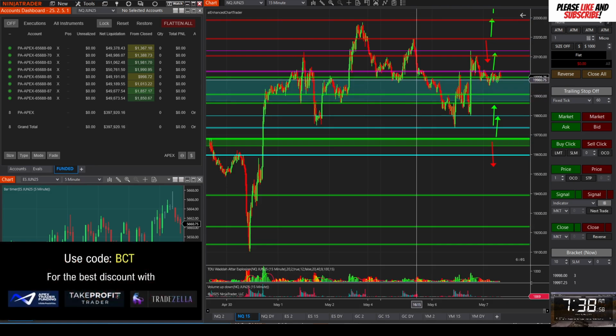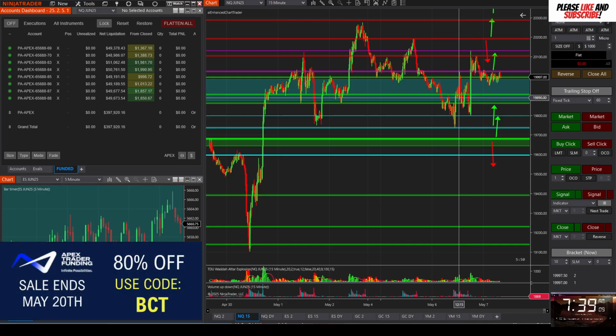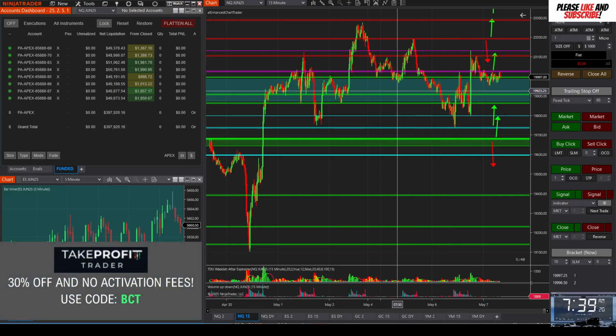I put this little light colored area in here. This is what I'm going to call my no trade area. I'm not planning to take any trades within this area. That was my undoing yesterday. If you watched my recap, I didn't think I did a good job of walking through yesterday's trades. I was probably more frustrated than I even showed. The big thing for me yesterday is I took some trades in areas where I probably shouldn't have. And so I just set this on my charts today.